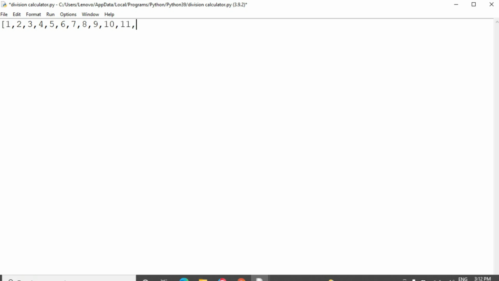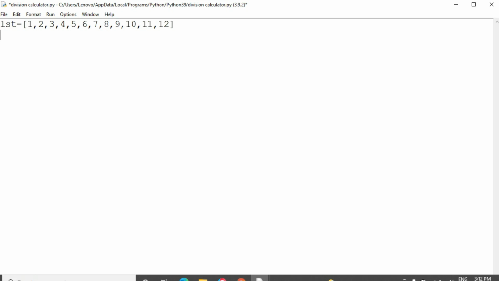Up to 12 is enough. I will take the elements up to 12 and then store them into the variable lst.